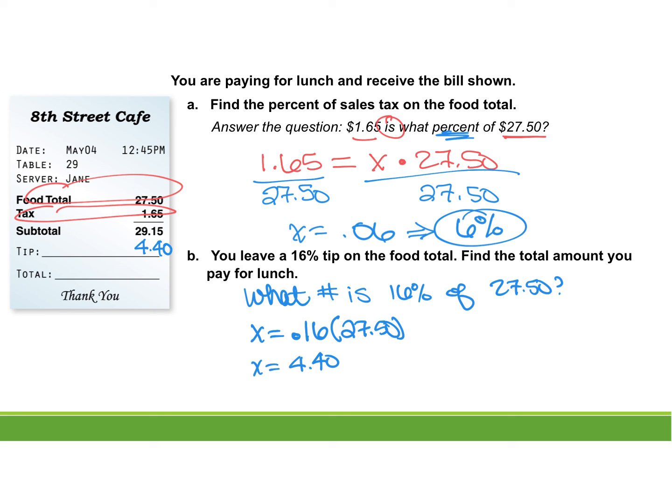And then to find the total, because this is what we want, is the total, we're going to have to add that $4.40 to that $29.50. So I can see that my total bill is going to be